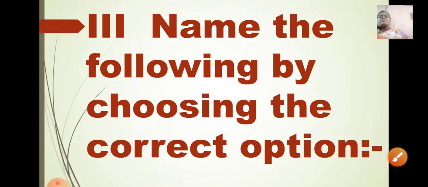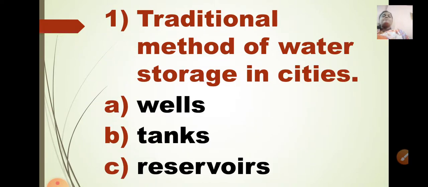Next question. Name the following by choosing the correct option. Okay. So options are given to you, but you will only choose the correct option if you have studied properly. Even if we give you 10 options, if you have not studied, you will not be able to choose the correct option. So if you study well, if you refer the notes, if you refer the revision videos thoroughly, then only you will be able to answer correctly. Is that clear? Now let us see the first one in that.